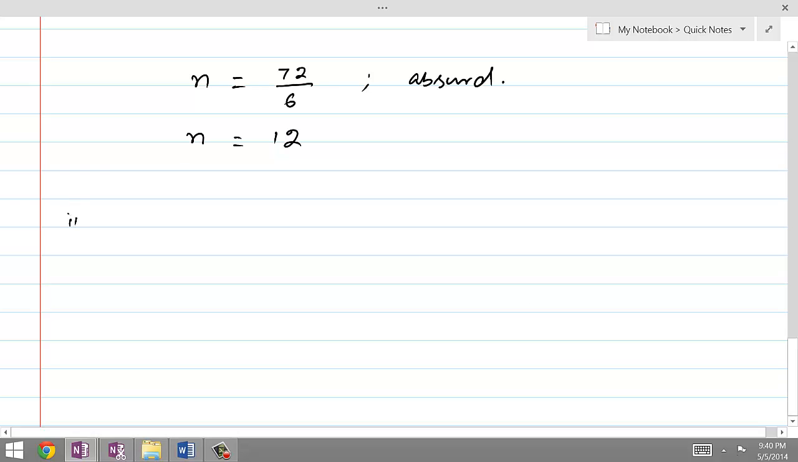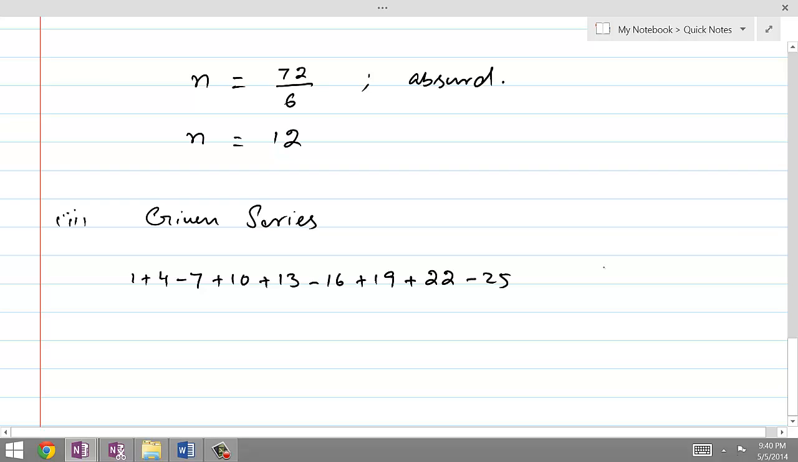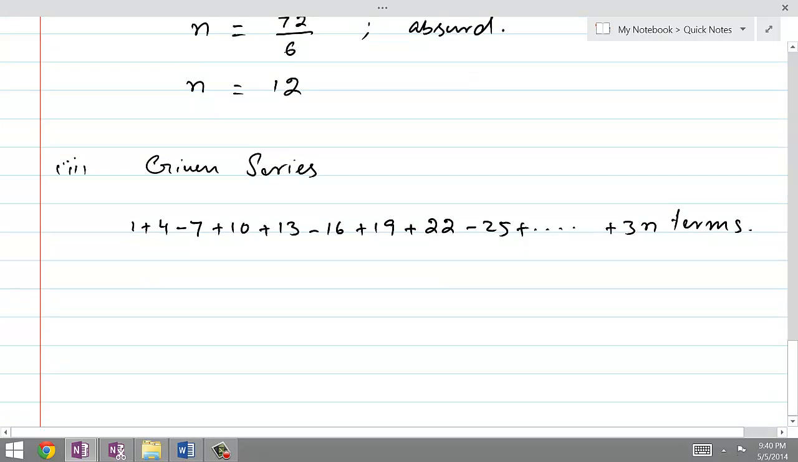Question number 2, given series is 1 plus 4 minus 7 plus 10 plus 13 minus 16 plus 19 plus 22 minus 25 plus so on, continuing this way up to 3n terms. As the total number of terms in the series is 3n, therefore we are going to split this series into